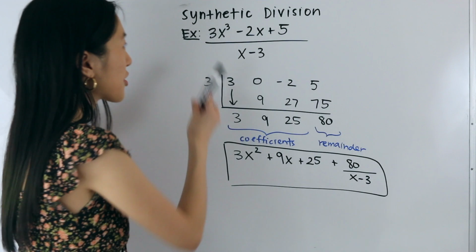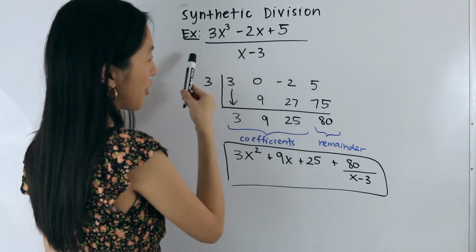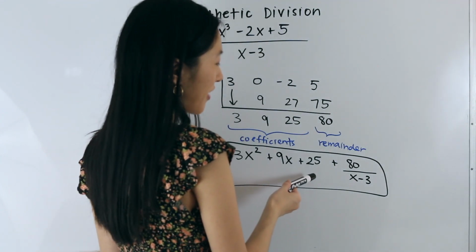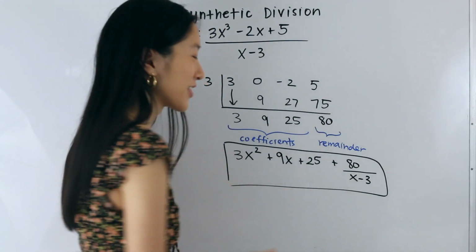And so we have 3x cubed minus 2x plus 5 over x minus 3 is equal to 3x squared plus 9x plus 25 plus 80 over x minus 3. And so that is how you perform